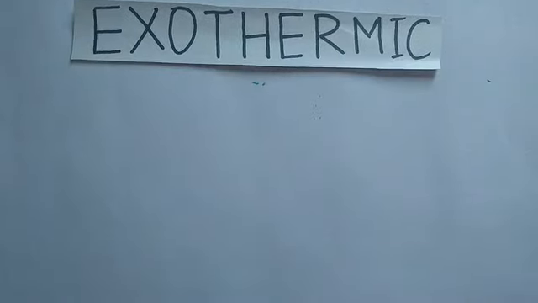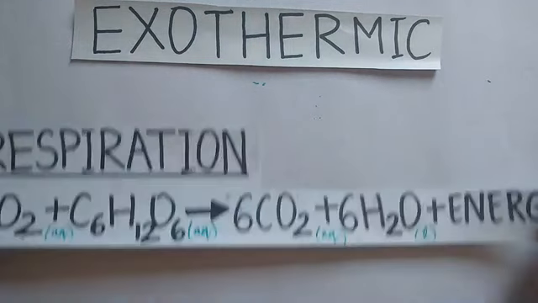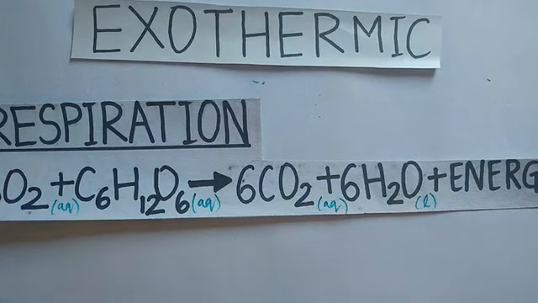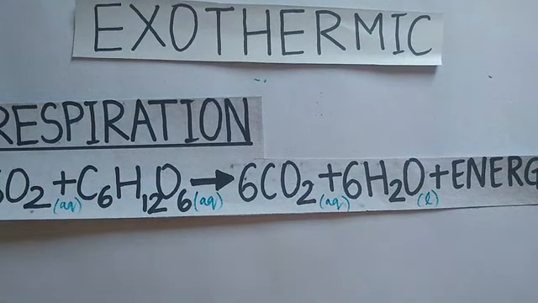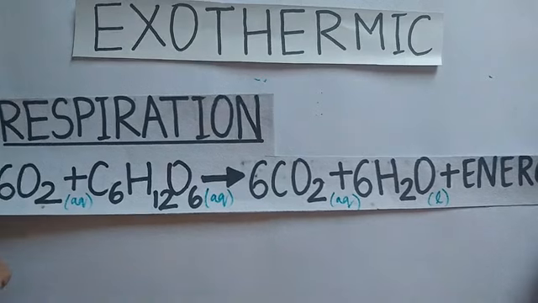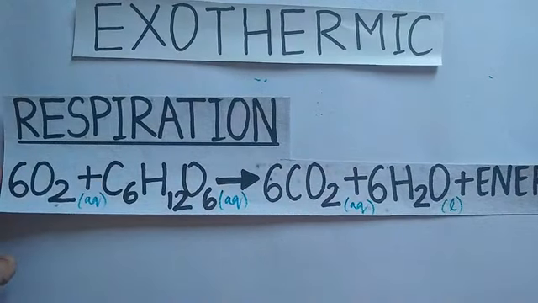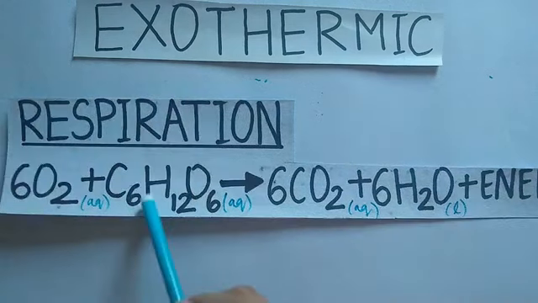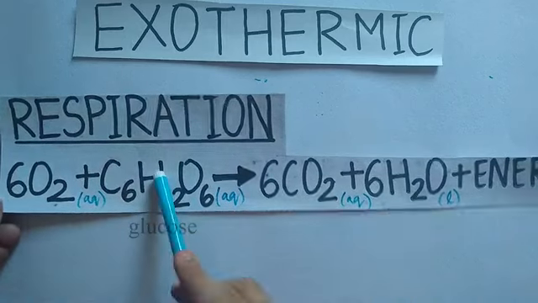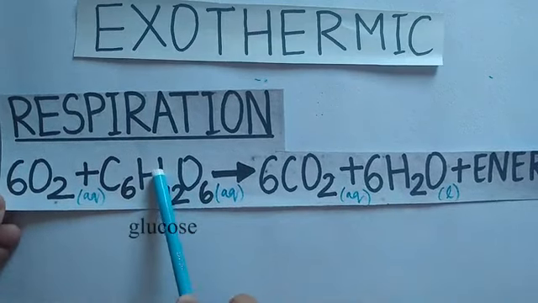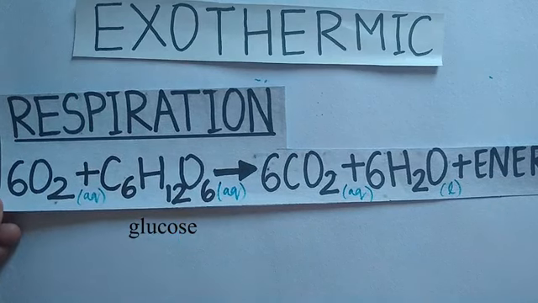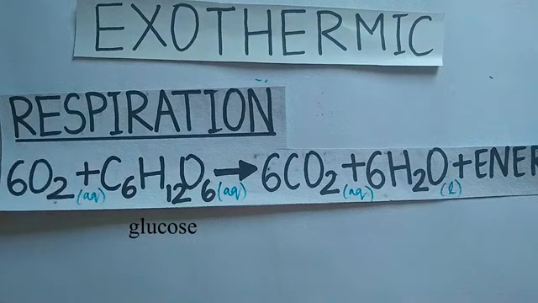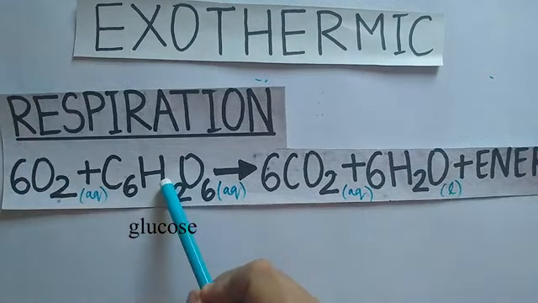Now we'll be talking about a few more examples. Let us take respiration for example. Do you think respiration is an exothermic process? So what exactly is happening when you're breathing in? You take the oxygen in, and this is the formula for glucose, C6H12O6. Now this is already present in your body because of the food that you have taken in, right? So the food that you have taken in is broken down into simpler compounds. So glucose is one of those compounds.